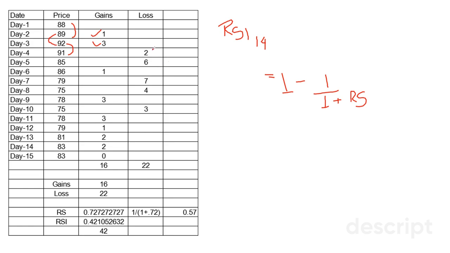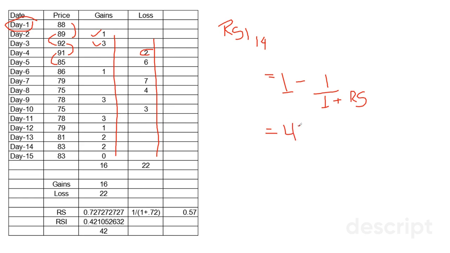This is a typo error. It should be 1 over here. Similarly, if you subtract this by this, we can see there's a difference of 6. So we plot all the gains over here, and all the losses over here, and since we are using a period of 14, we take 14 days. So we get 16 by 22. We simply divide 16 by 22, we get this, and we use the formula, and we get an RSI of 42. So this is a simple RSI.